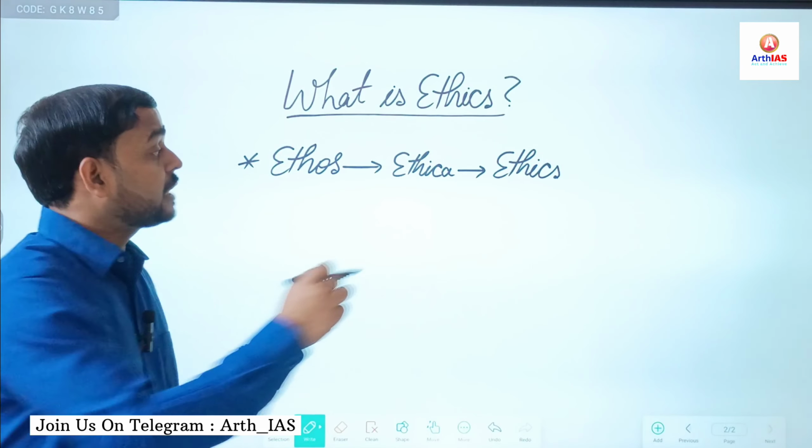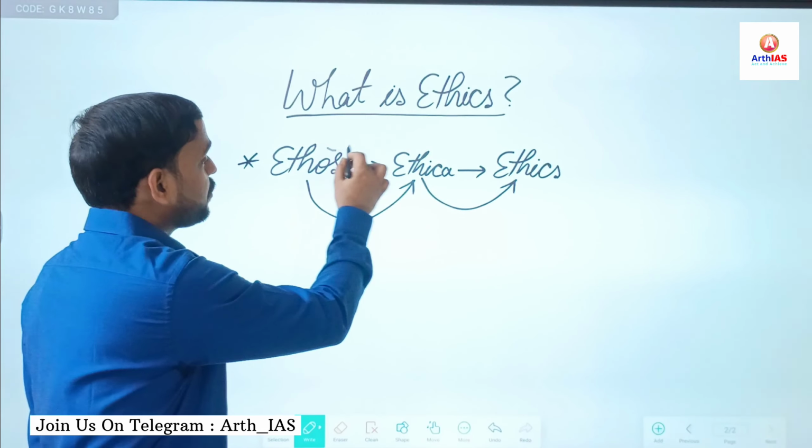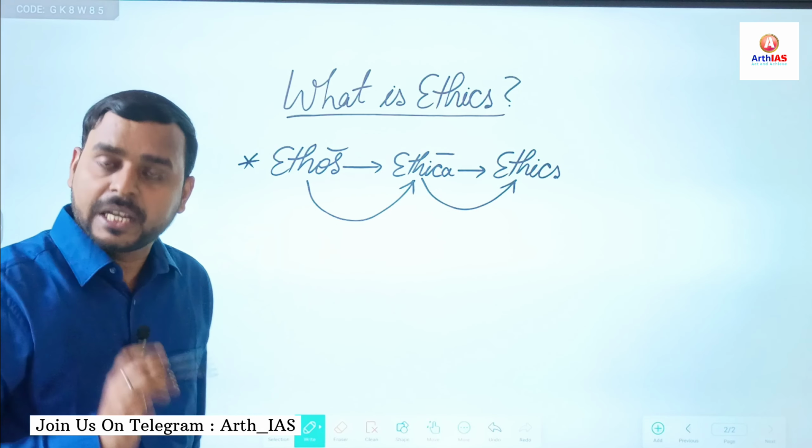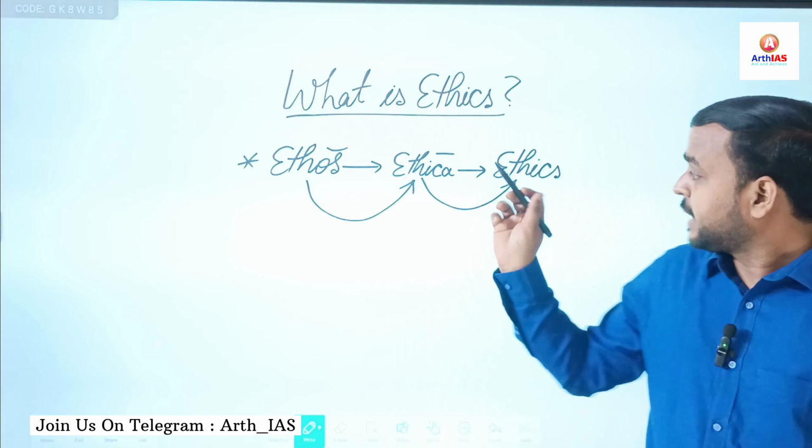So you can see that the word ethics comes from the Greek word ethika, and ethika comes from the substantive ethos. Right? Both are Greek words, ethika and ethos. See, some of the standard books have directly mentioned that ethics comes from ethos, but the reality is ethics comes from ethika, and ethika comes from substantive ethos. Now, what is the meaning of ethos? Ethos simply means character,